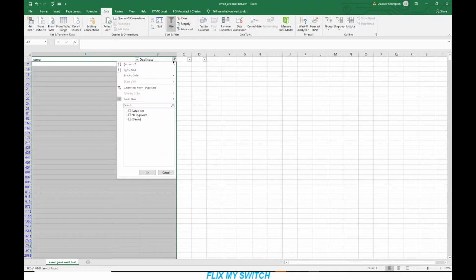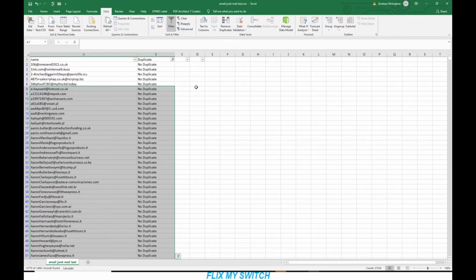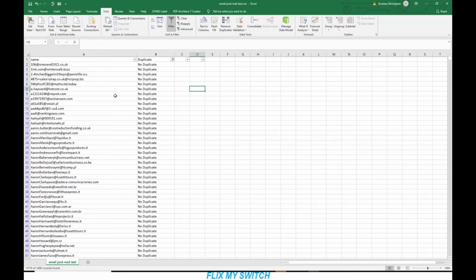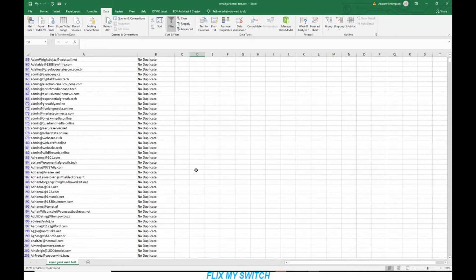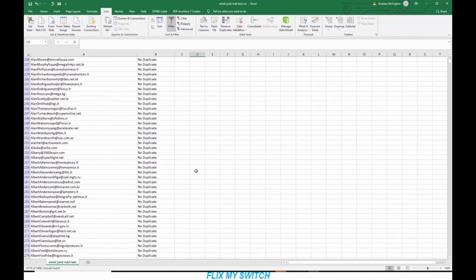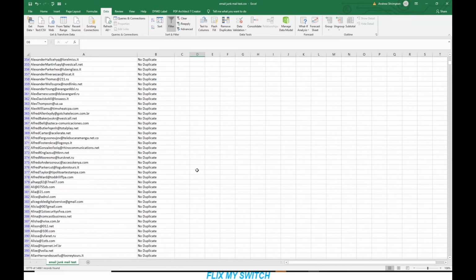So now we're going to go back up here and click no duplicate, and this should all be individual email addresses. So just a quick scroll down. Lots of admin there, but that's okay. Right, that's good. So now what I would recommend is that to make sure that you haven't got by mistake your own email address in this list,